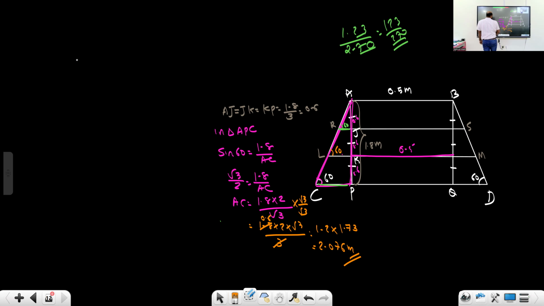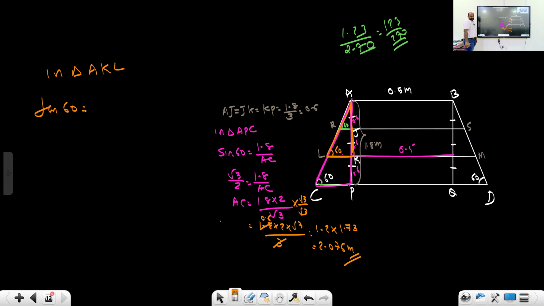In triangle, what is the name? What is the letter of this? ALK. In triangle AKL, this triangle I am taking. According to this angle, what side is this? Opposite. What side is this? Adjacent. Which trigonometry ratio, opposite and adjacent? Tan. Tan 60 equal to